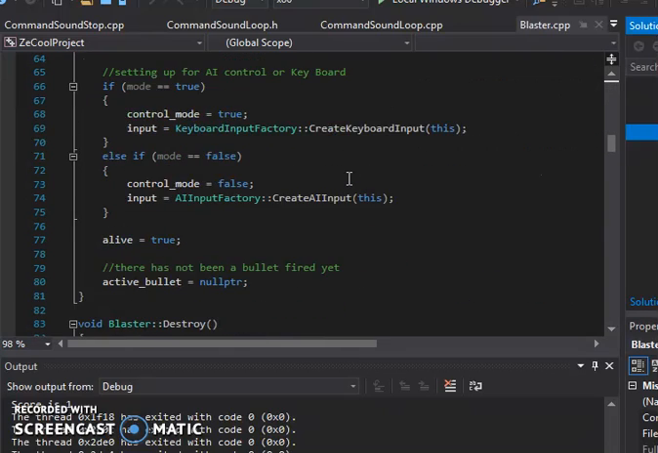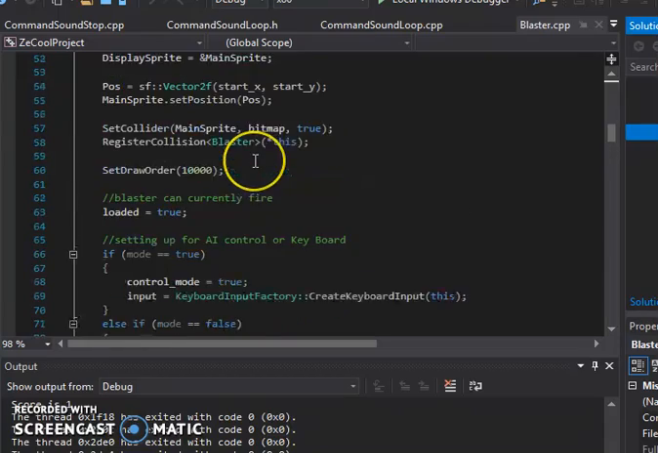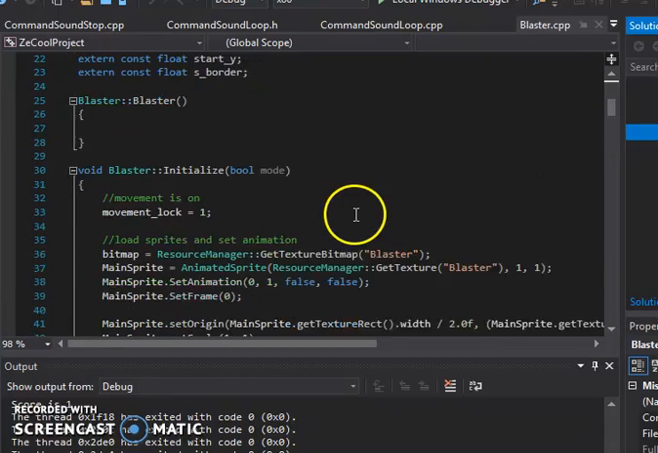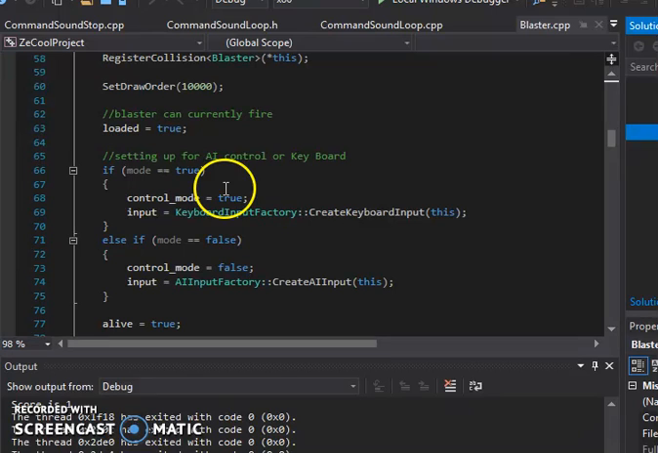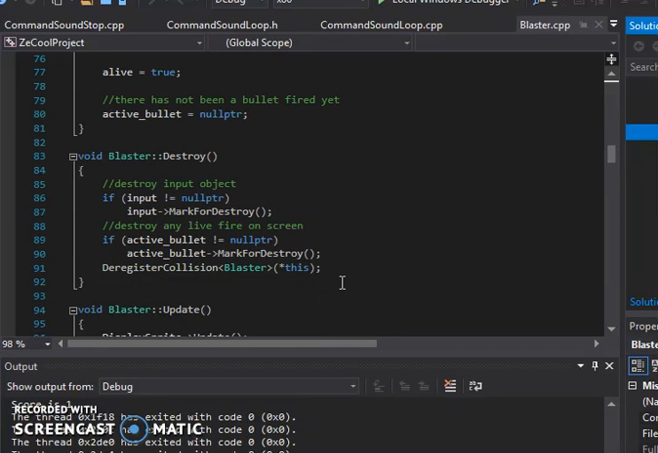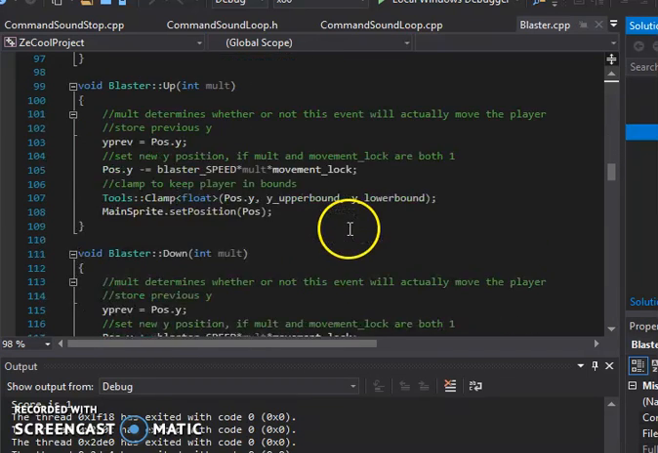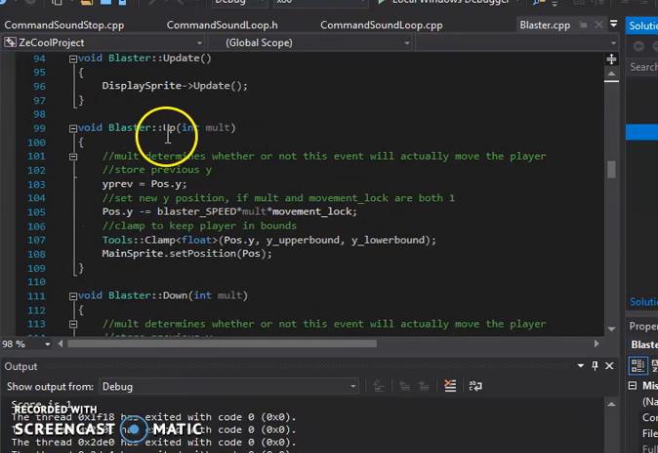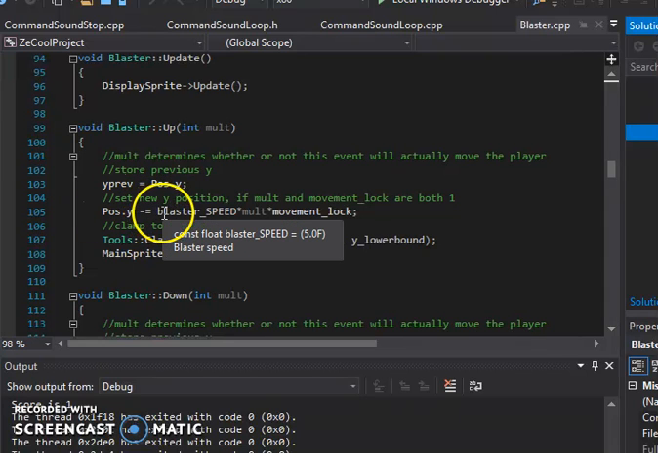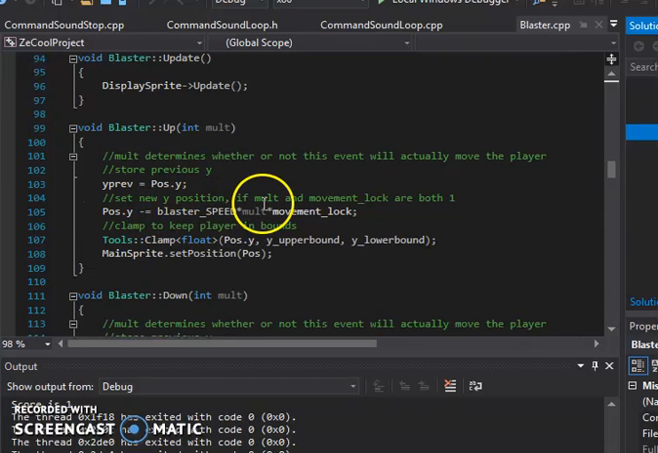here's initialize. So here's the actual input mode. It takes in a Boolean for which mode, and upon being true, your input is set to keyboard. Otherwise, it's set to AI. Destroy. There's update. Within each one, you take in the specific integer of either 1 or 0, because the movement is actually applied via multiplying the blaster speed by that 1 or 0, as well as a movement